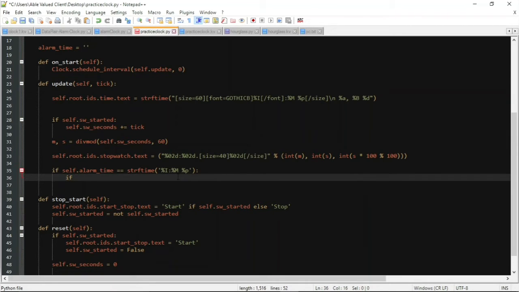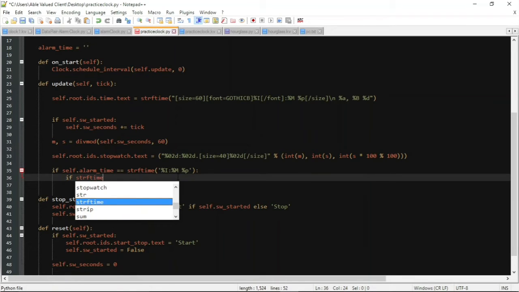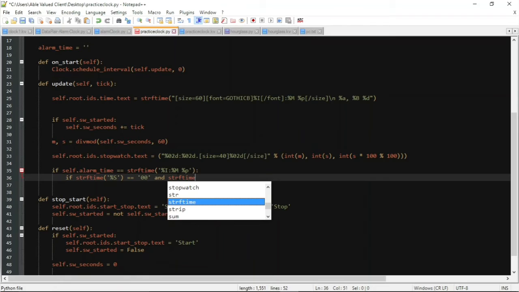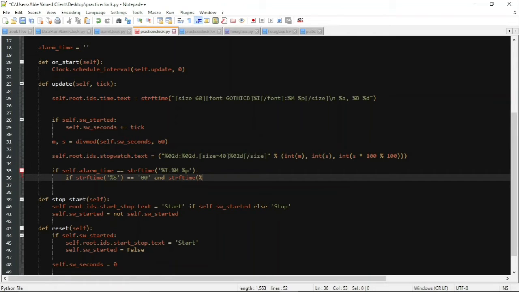Then we're going to say if str_time second is equal to 00 and str_time second is less than 09,